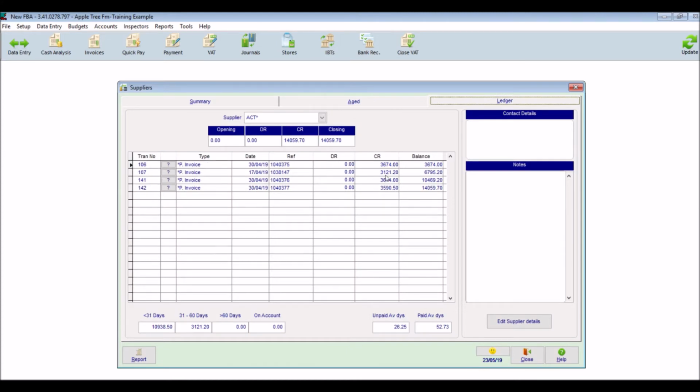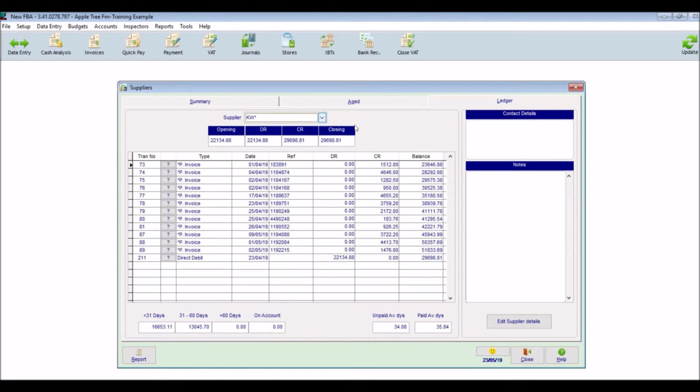You can also use this system to make sure you haven't double entered anything or to make sure that nothing's missing. As you can see, the unpaid invoices are marked with a little asterisk. This means that so far this invoice has not been paid off. As you use the Supplier Ledger Payment option, this asterisk will disappear and this invoice will be paid off. For example,